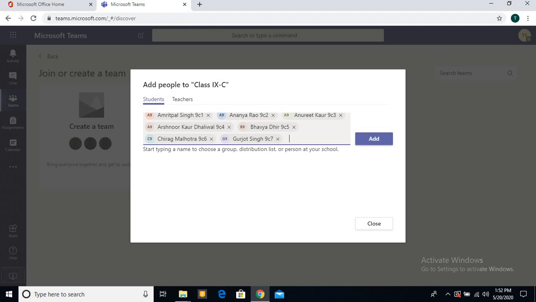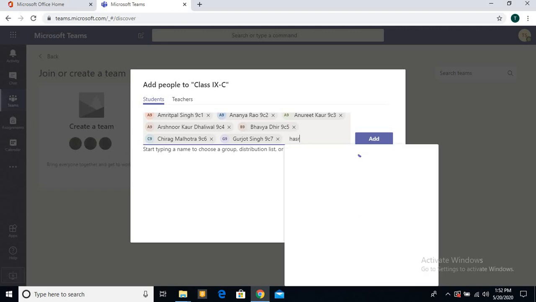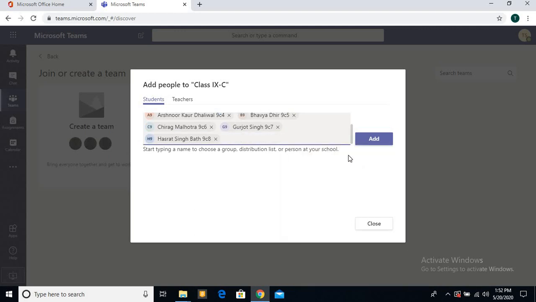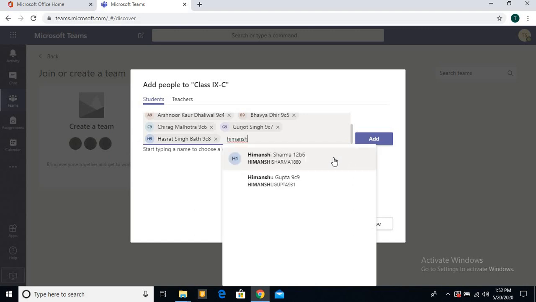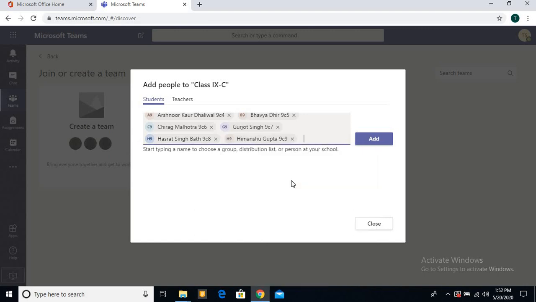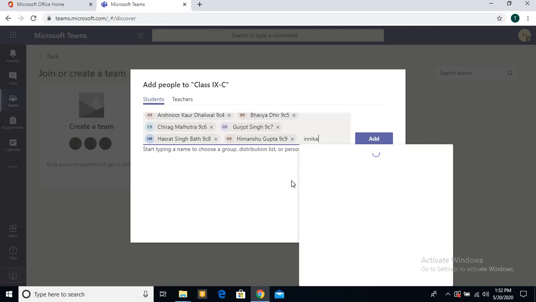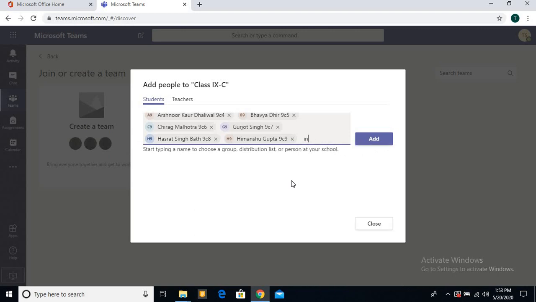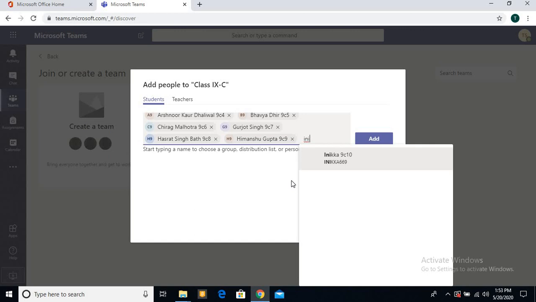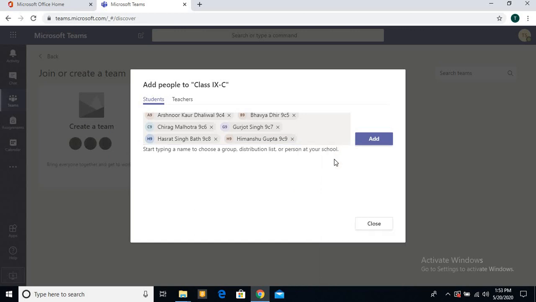Okay, so Gurjot, then Hasrat. So Hasrat 9C, you see that I'm going to select. Then is Himanshu, 9C, I'm going to select this. Then is Inika, maybe the spelling is single N. Yes, Inika 9C.